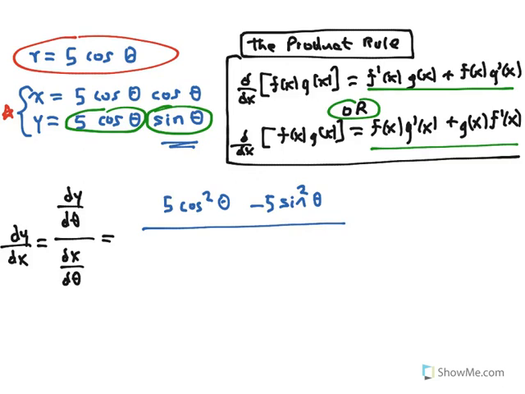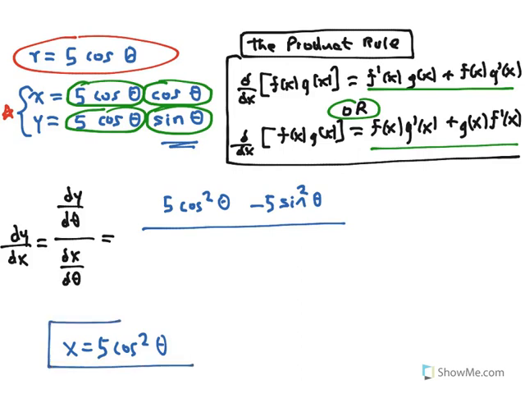And in the denominator, we have dx d theta. So notice that the parametric equation for x is a product of two functions, or you can write it also as 5 times cosine squared theta. So x can also be written as 5 times cosine squared theta. And if you want to find the derivative of x with respect to theta from the way I wrote it here, you can use the chain rule. So let's do that, and we will have